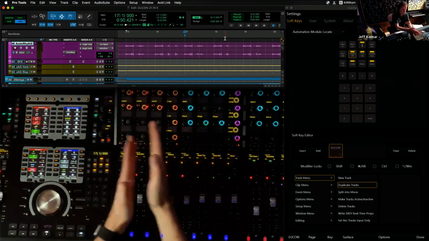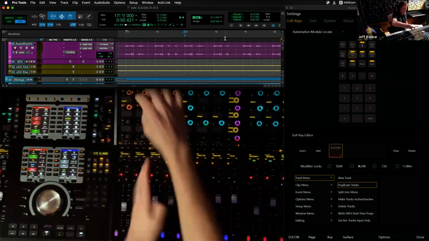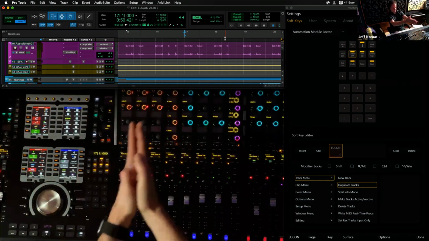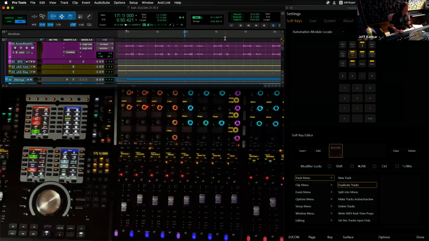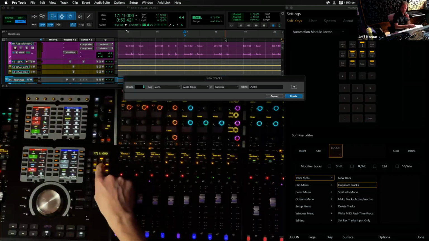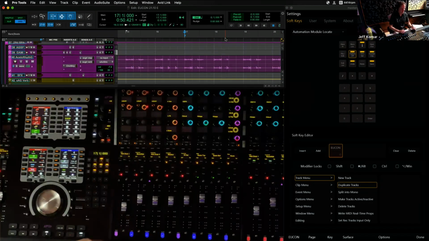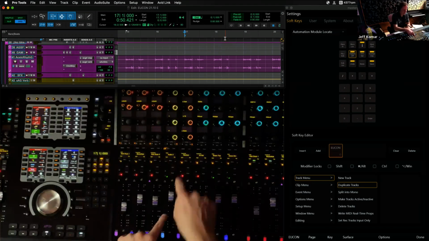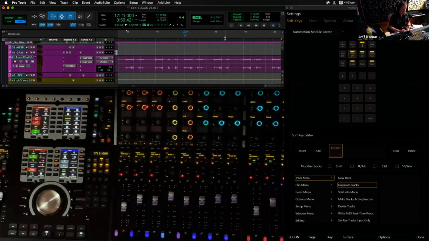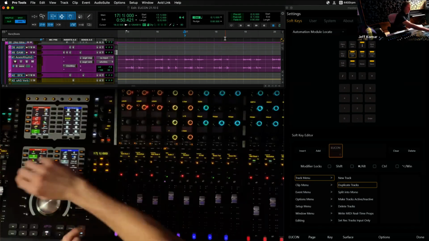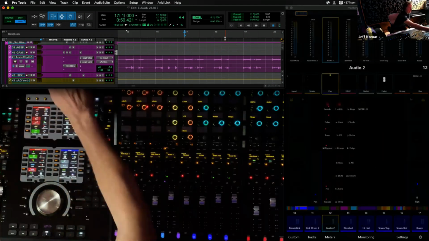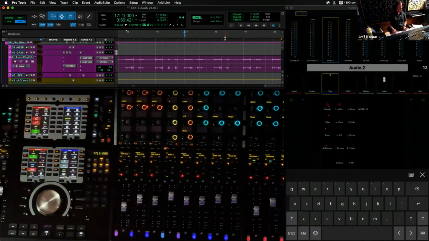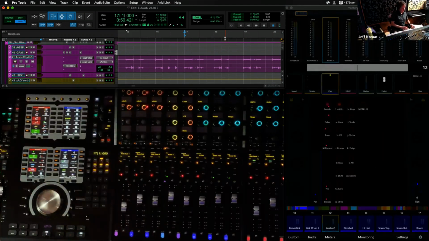So I'm going to choose at the end of the kick drum, I'm going to hit select. So that means it's going to build next to it, right? Is what that means. So I'm going to press basically, give me a new track. Okay. There's your new track, audio 2. I want to rename that really quickly. So I'm going to attention it. And I just double touch in here, and we're gonna call this